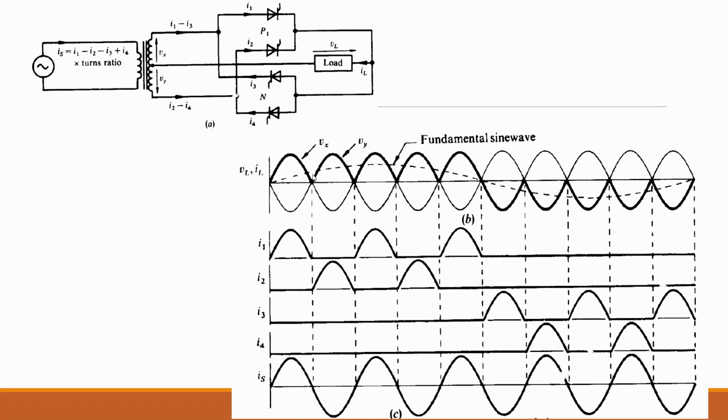We have to control these cycles such that whenever the positive cycle of Vx comes, thyristor T1 turns on, and whenever the positive of Vy comes, thyristor T2 should conduct, and a firing pulse should be provided to it. So we will get only the positive cycle at the output. No negative cycle will be here, as only the positive cycles are conducting. So these are the cycles of thyristor T1. Here thyristor T1 conducts, so current flows, here it conducts, and here it conducts. Thyristor T2 conducts over here and over here due to the positive cycle of Vy. So these are the current waveforms of thyristors T1 and T2.